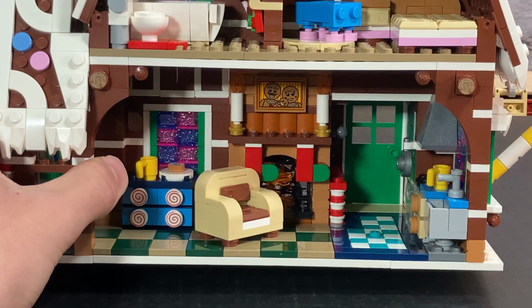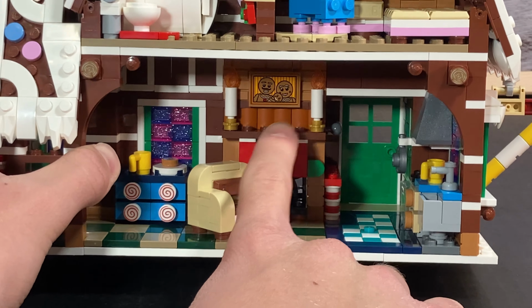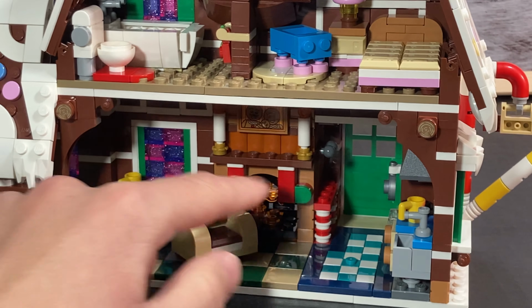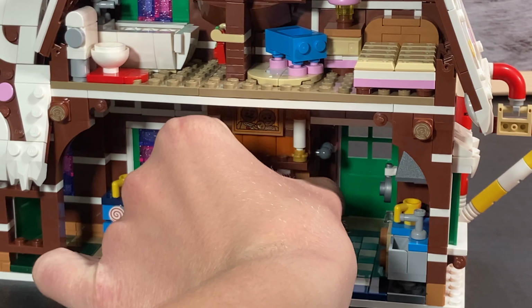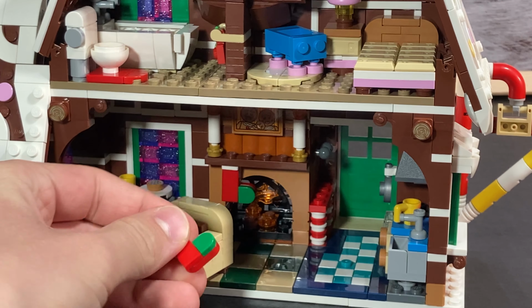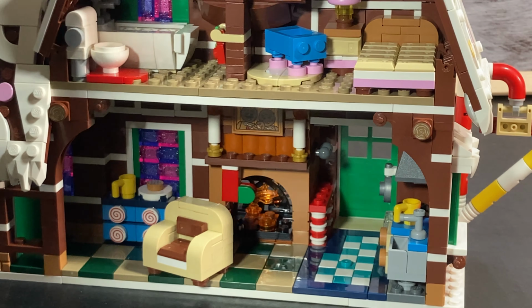When I lean the house up, you can also see that stickered piece right there for a nice little family portrait and those great candle pieces. Those stockings look amazing. You'd almost think they were printed pieces if you looked closely, but once you do look closely, you can see they're just these little buildable things that are actually pretty easy to build, and I absolutely love them. You can see, like I showed you earlier, you can turn on the fireplace inside,